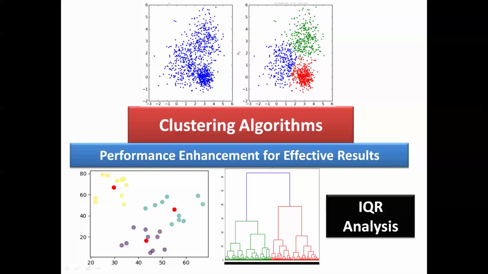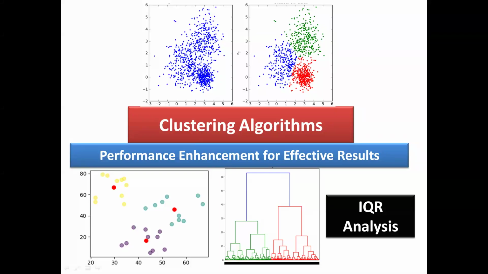Along with description of clustering approaches with live demonstration mode, we will discuss performance evaluation for effective results, how to evaluate the performance of clustering approaches, because you might have seen that clustering is an unsupervised approach, there is no labeling, so it becomes quite challenging to analyze whether clusters are effective or not, whether clusters are correct or not. So we will see how to check performance, whether these are